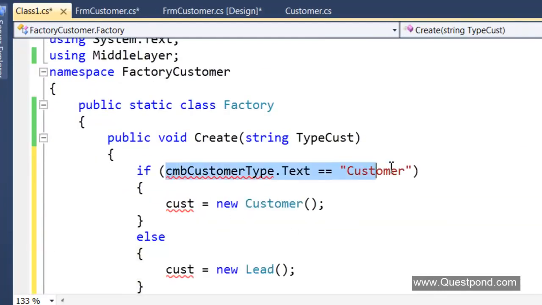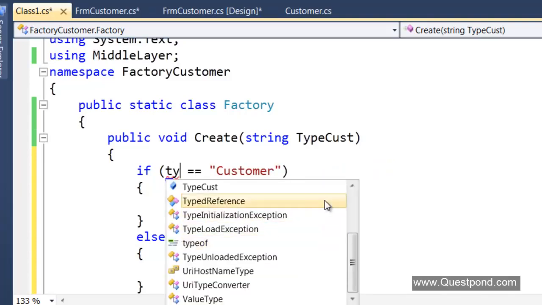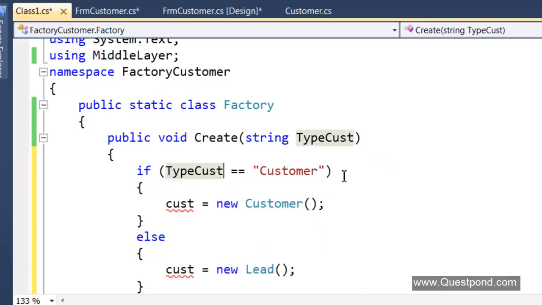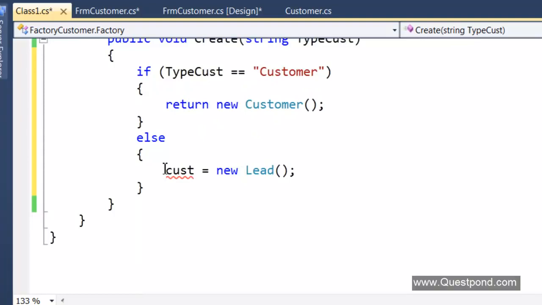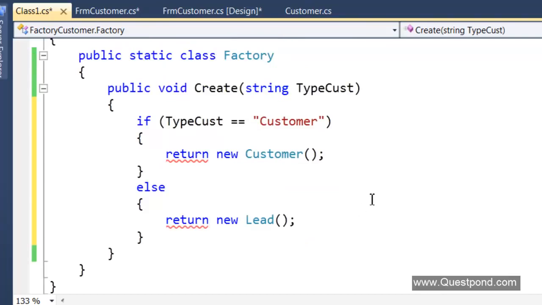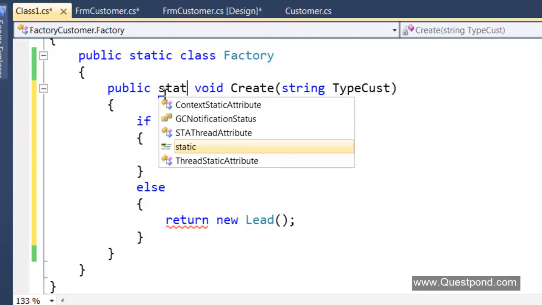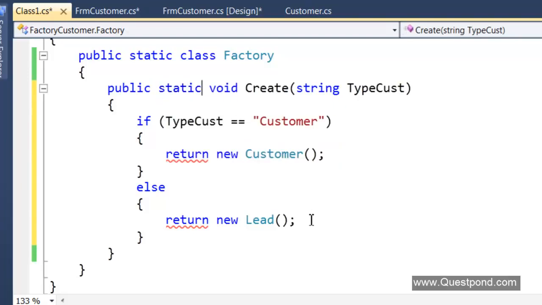So over here now I'll say, okay, if the type of cust is customer, then return a new customer, or else return a new lead, right? So you can see now this factory class here is taking all the responsibilities of creating the object.